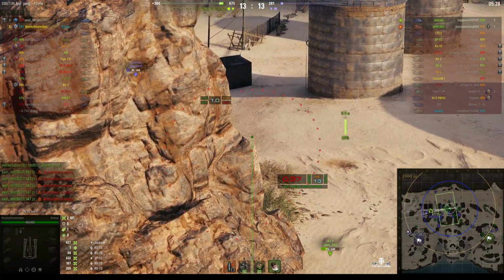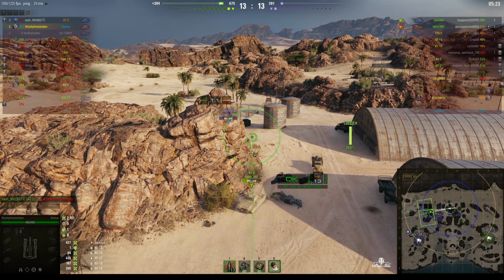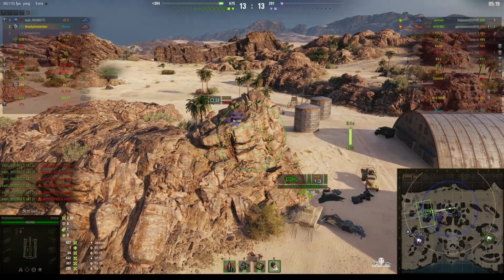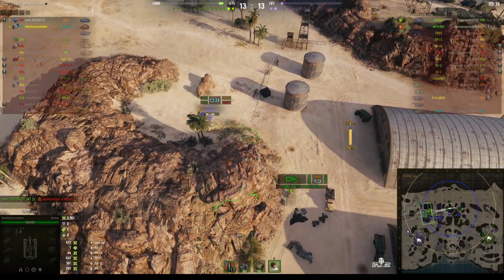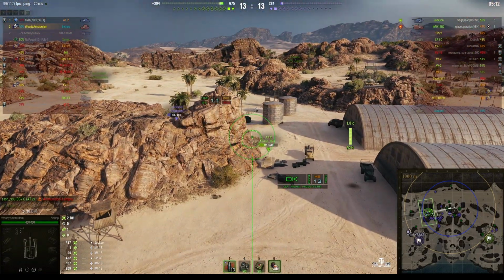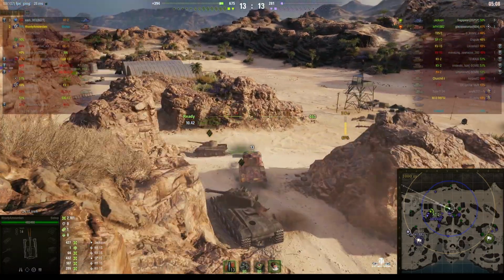There's the Jackson just behind the rock. Now, the moment he comes after the AT2, the Jackson's got a 90mm, so he can probably get through the frontal armor of an AT2. Well, he can definitely get through the cupola, but he probably doesn't want to poke out, because if he does